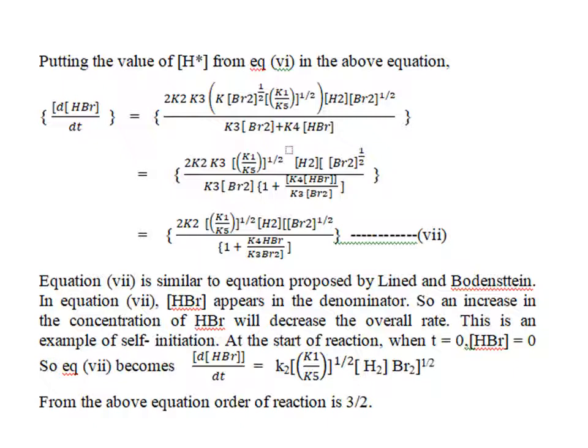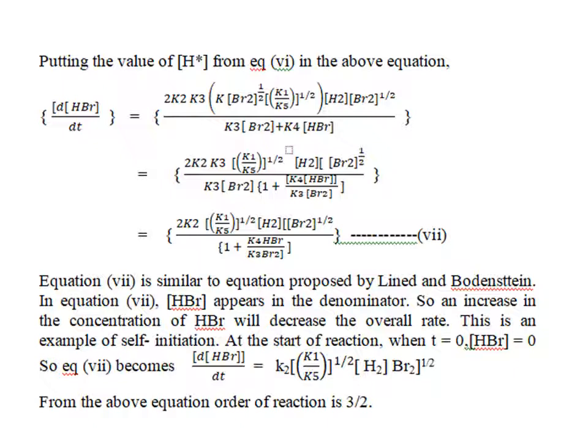This will be equal to 2K2 K3 into K1 over K5 under root into H2 concentration into Br2 concentration under root over K3 into Br2 into 1 plus K4 HBr over